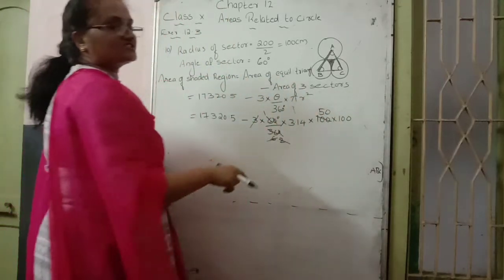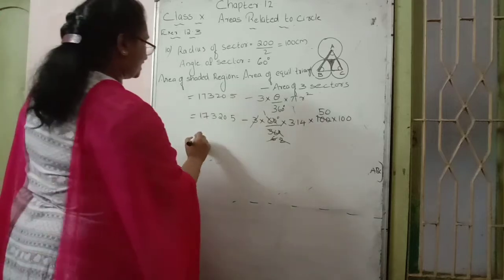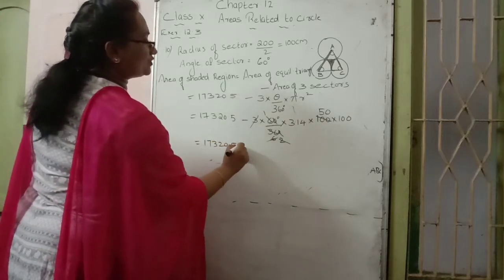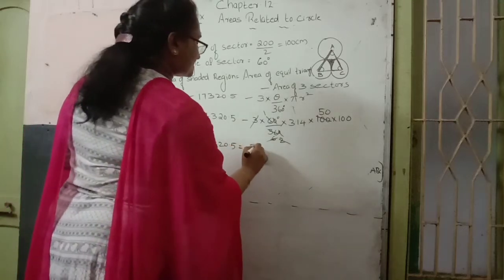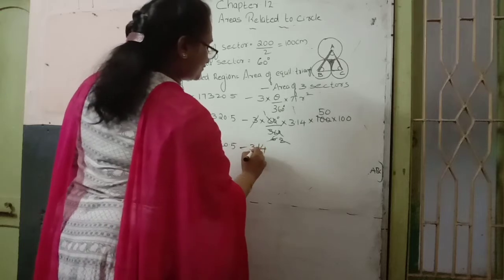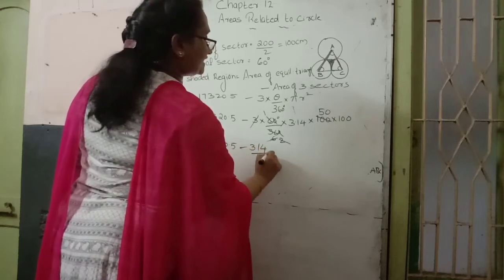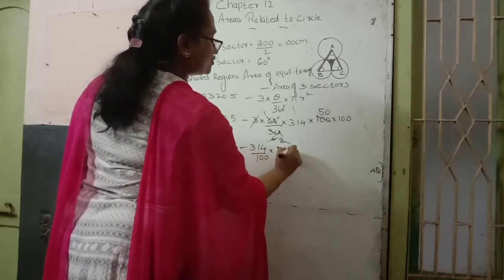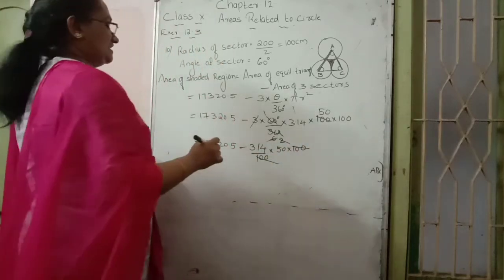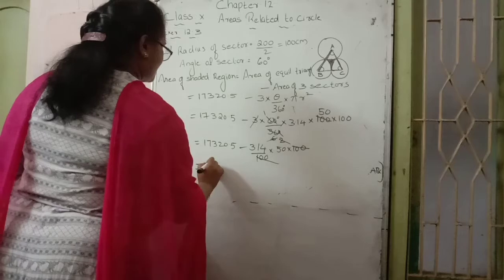Here there is a decimal point. How to remove that point? For easy calculation we can remove that decimal point. How to remove that? We can write it as 314 by 100 into 50 into 100. Easily 100 we can cancel. So the remaining part becomes